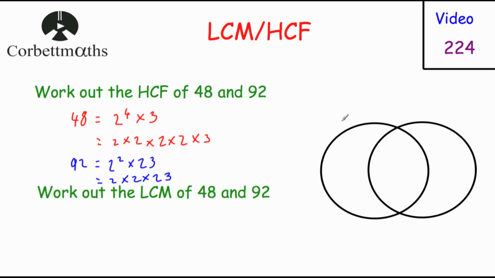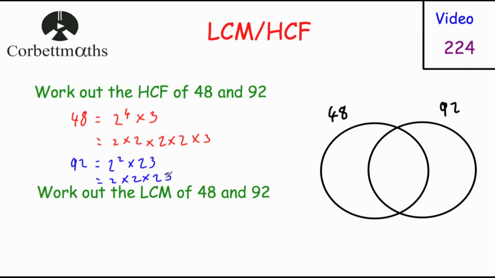So here we've got a Venn diagram, and we've got one circle for 48 and one circle for 92, and we're going to put their prime factors into this Venn diagram. So first of all, let's see if they share anything. As you can see, 48 is 2 times 2 times 2 times 2 times 3, and 92 is 2